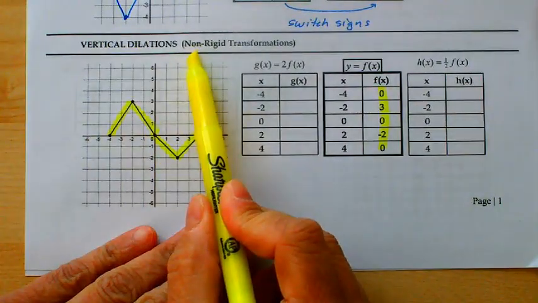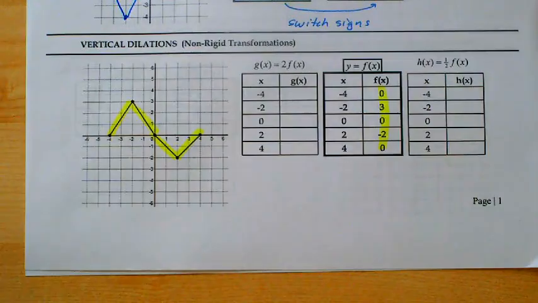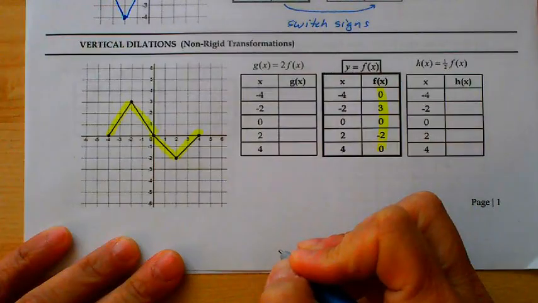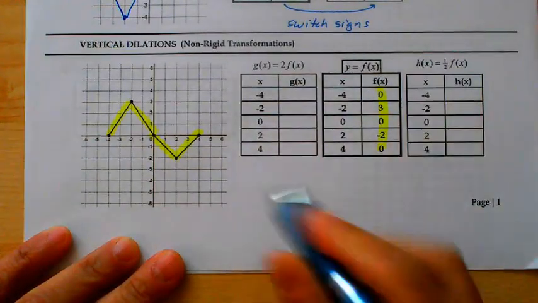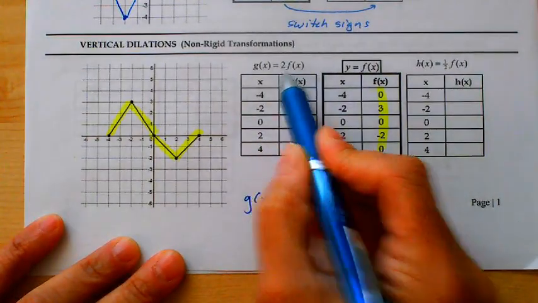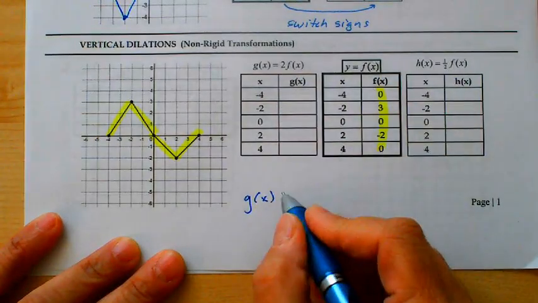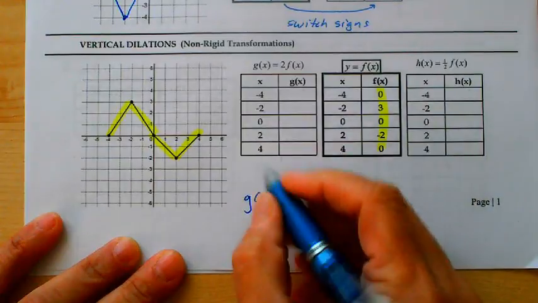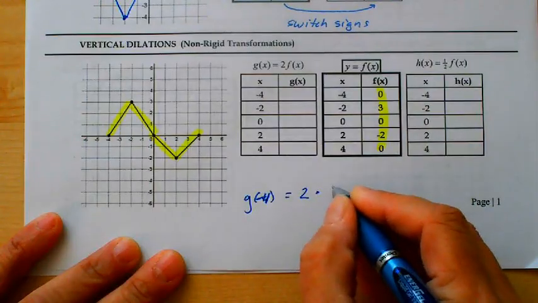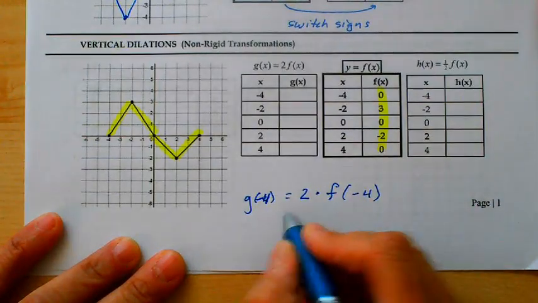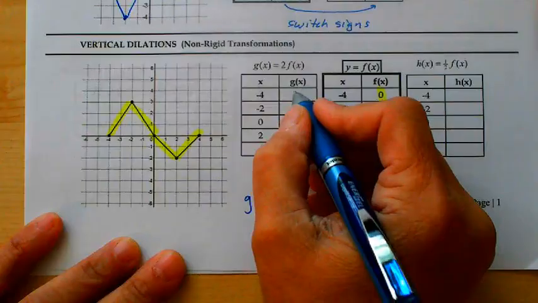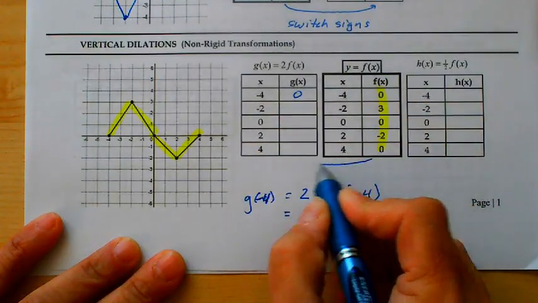Now you'll notice I called this a non-rigid transformation, and we can perhaps anticipate the shape itself might be a little distorted as we regraph according to these two new rules here. So let's think about how the y values of this function g of x would change from the original function f of x. Maybe I'll try it for a value of -4. So the rule says take the number 2, multiply it by f of -4. Now in this case, that's not a very exciting multiplication. It comes out to the same value,